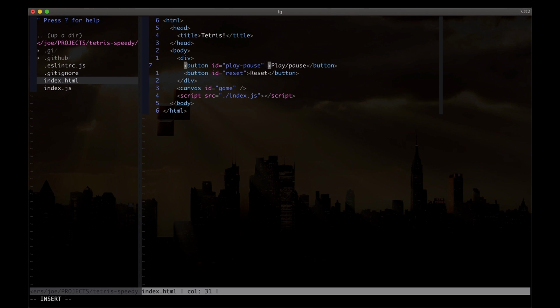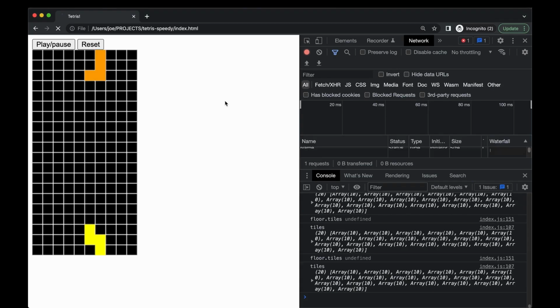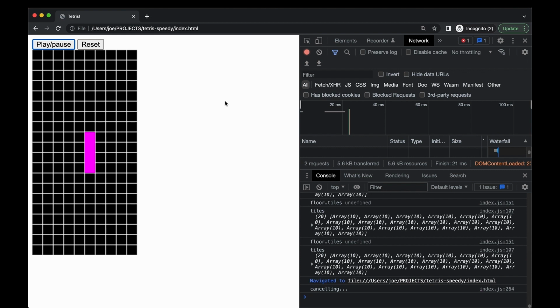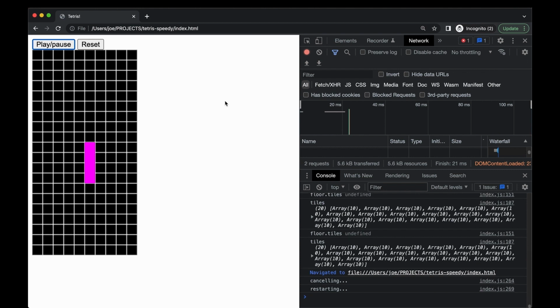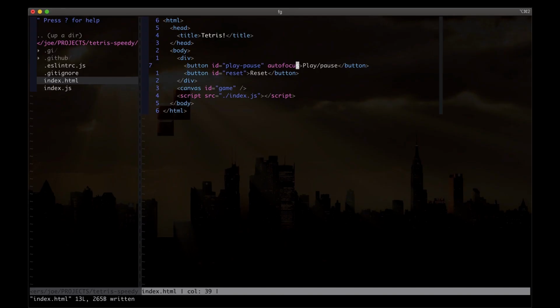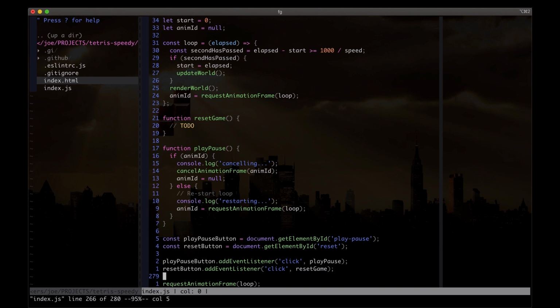Oh, autofocus, that's it, autofocus. So you generally don't want to use this. It's usually not very accessible, but for our own convenience, I'm just gonna have that auto selected so that when I start up this page, I can just hit enter and it will pause it and restart it. Okay, so reset. So if we want to reset this page to the beginning,